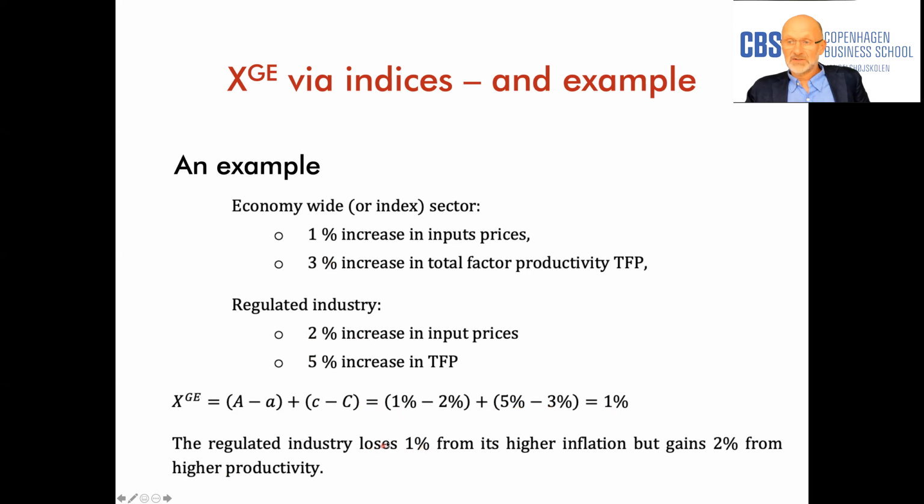So it loses 1, but then it gains 2% in productivity. So in total, it should be able to do 1% better than the market sector. And that is why you should have this 1% here. Okay, so it is a misunderstanding that you can just import productivity